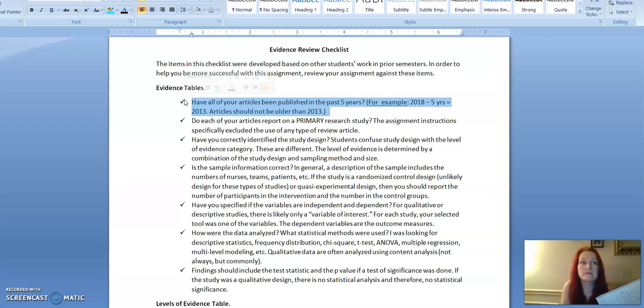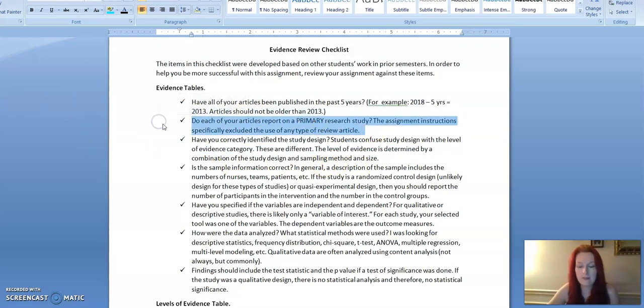Like, for example, if you're writing about simulation or anything technology-based, think how fast technology evolves. Even something that's 6 or 7 years old could be completely obsolete. So it's important to be current. Now, the second one is important too. Do each of your articles report on a primary research study? This is something that I found myself